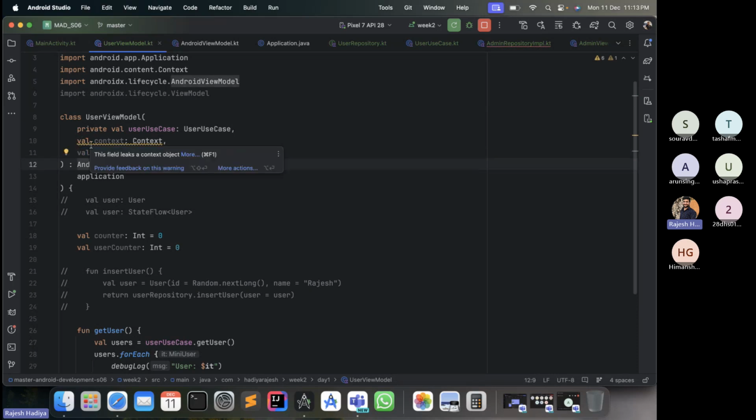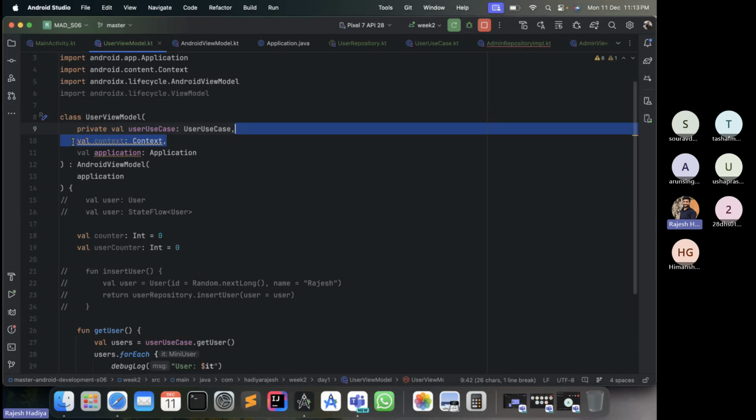So the answer is, if you pass a context, there are two types of context in Android: application context and activity context. Activity context will be separate for each activity. This is what you are passing here, that is activity context. And the application context, there will be only one object of the application throughout the life cycle